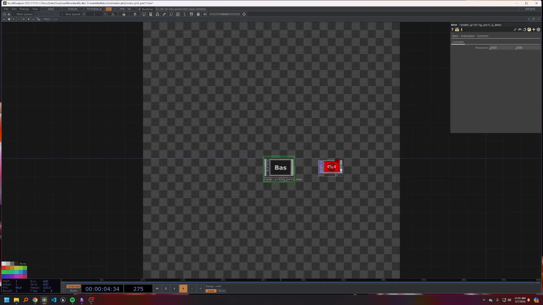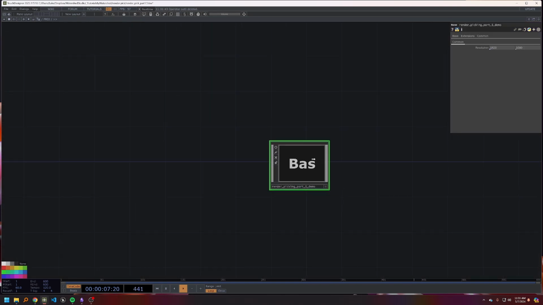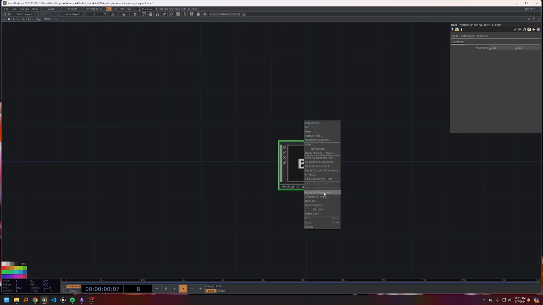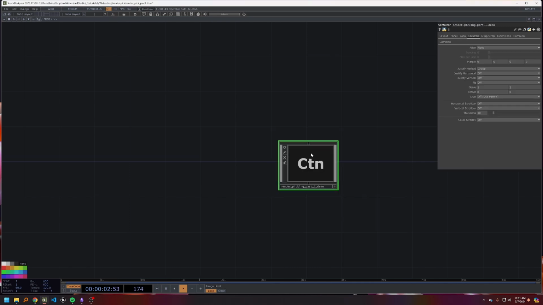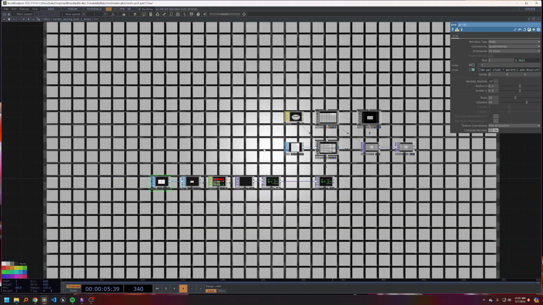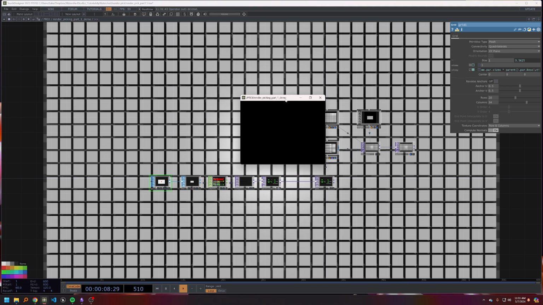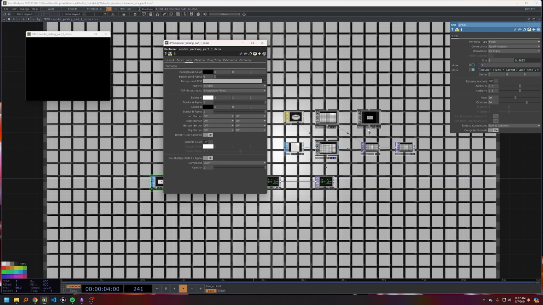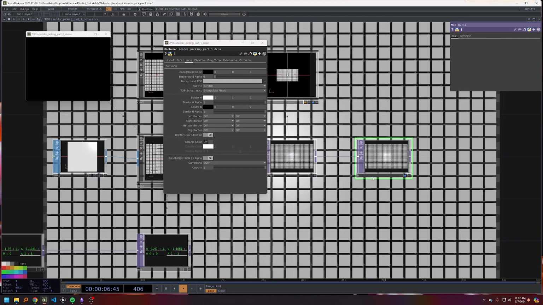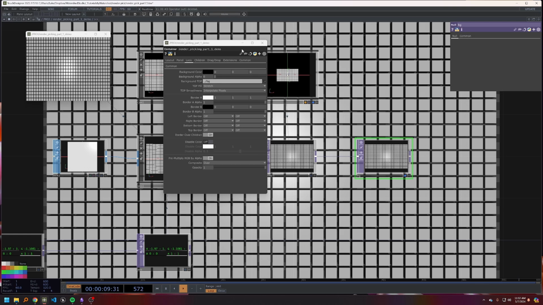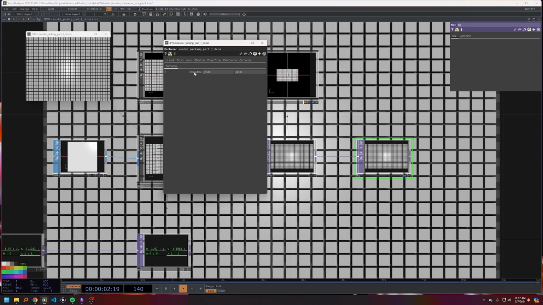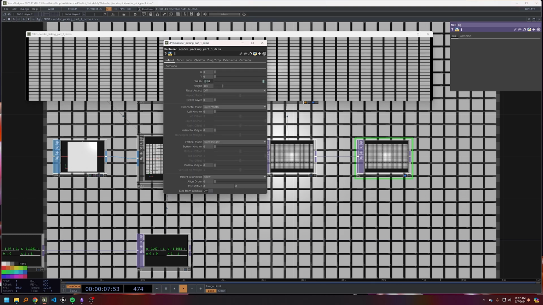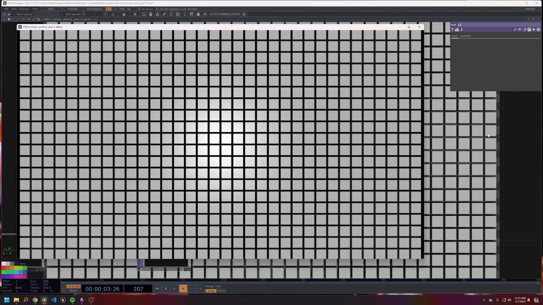Now I'm going to go up one level, and I'm going to change this from a base to a comp, or sorry, a container rather. That is so we can open our parent viewer, which we will need to set by just using this background top here. And then we'll want our viewer width and height to be the same as our render width and height in this case. Okay, so now we have a viewer,